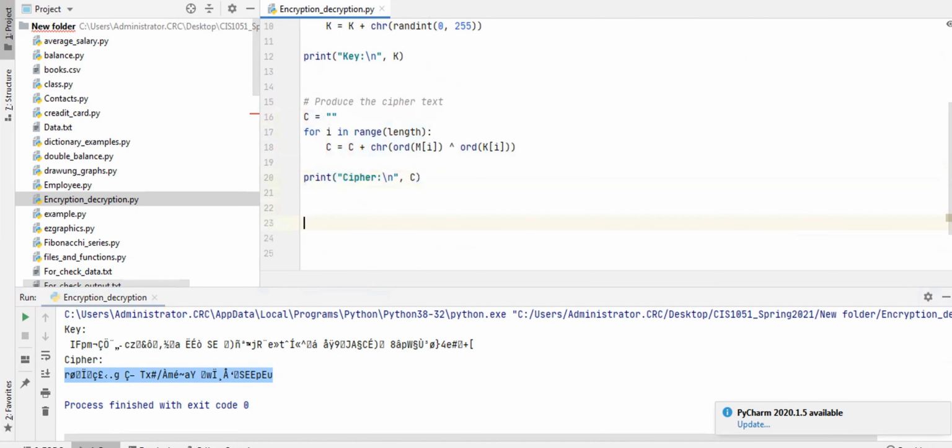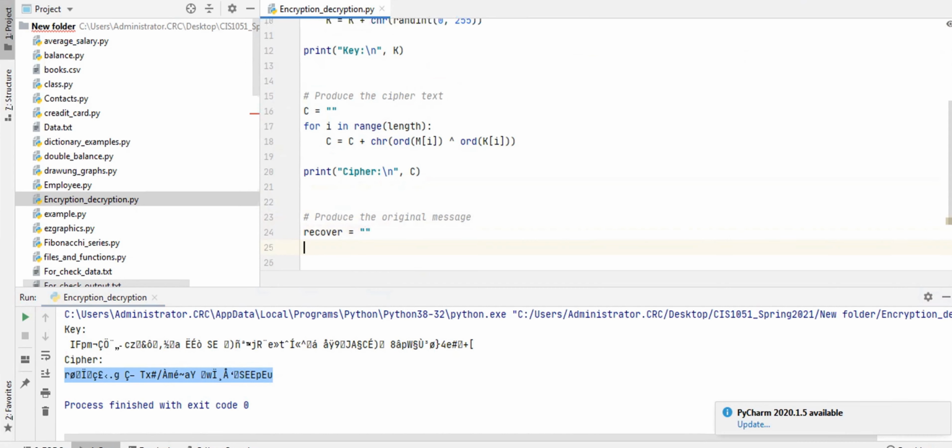Now at your friend's end, suppose this ciphertext has reached. So let's see how your friend is going to produce the original message from this ciphertext. Here let's initialize a string called recover as an empty string.